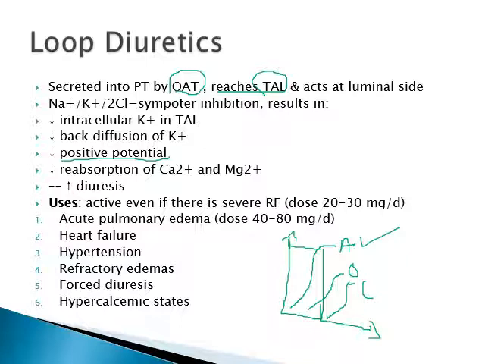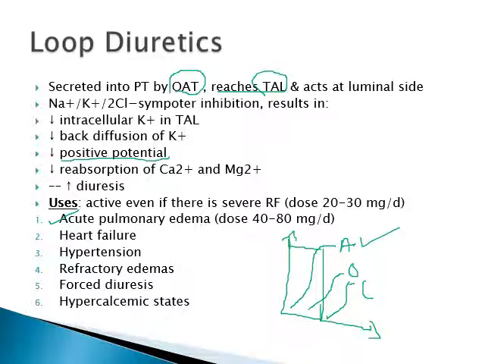As we increase the dose, the diuretic effect also increases with loop diuretics. Also, loop diuretics have a steep dose response curve, and that is why they are called high ceiling diuretics. So what is the number one indication? It is more commonly used in the symptomatic management of pulmonary edema, acute pulmonary edema.